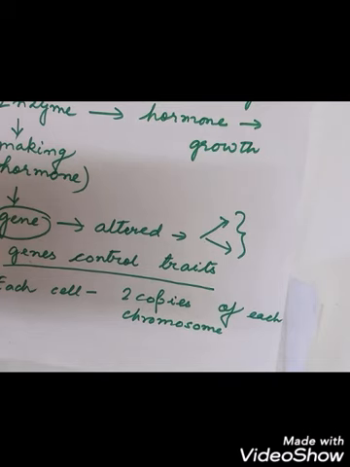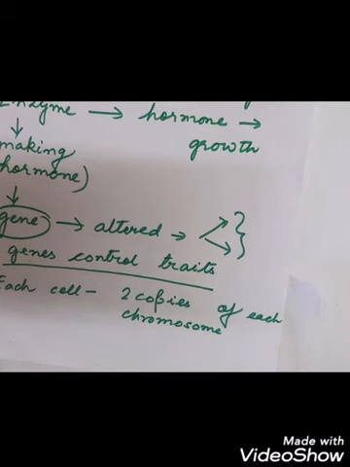So like we have discussed in Mendel's laws, the first law of dominance, where we have seen that one of the characteristics comes as a gamete from both the parents. Like for tall, capital T, for gamete what will come? Capital T. And for the short one, the gamete will be small t. So one set will come from the parents. So each cell of the parents will contain 2 copies of each chromosome.